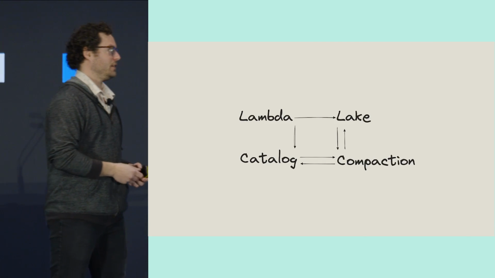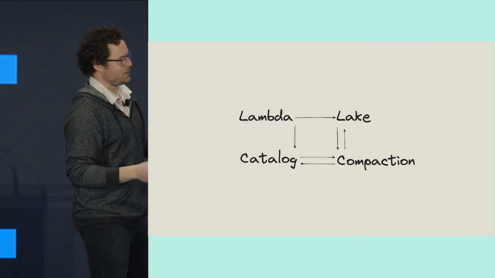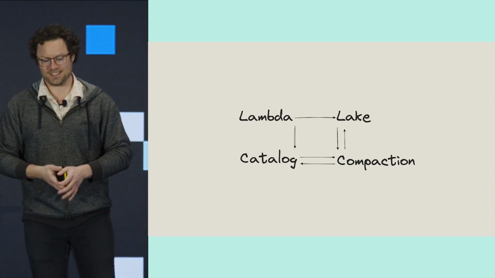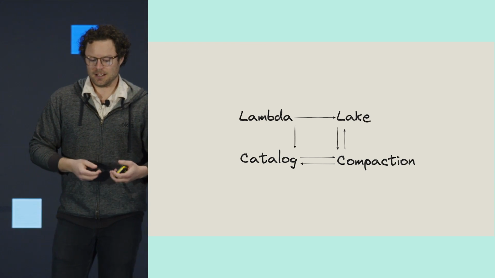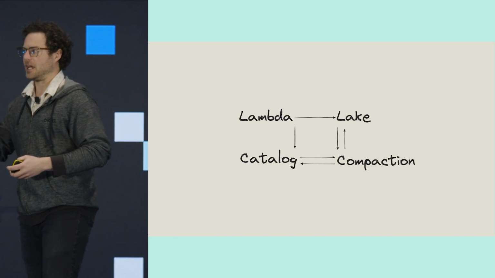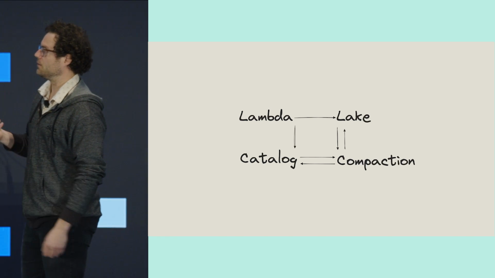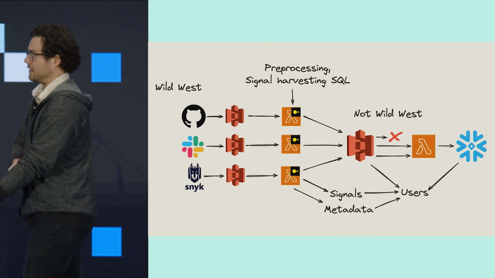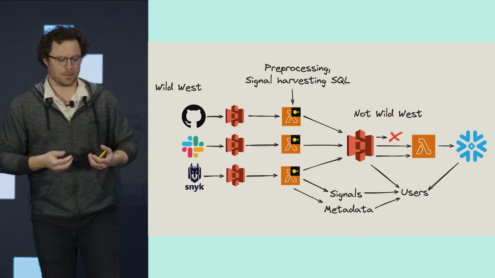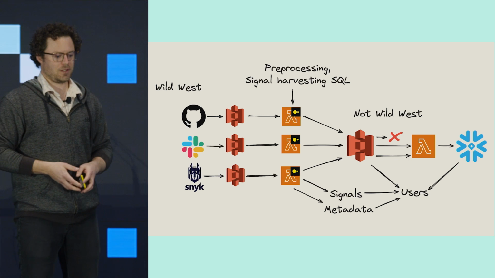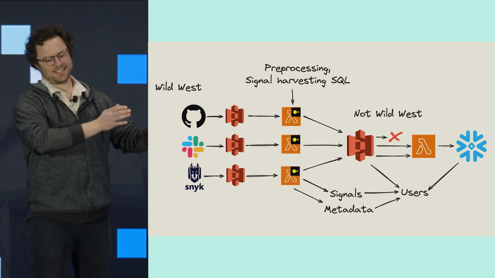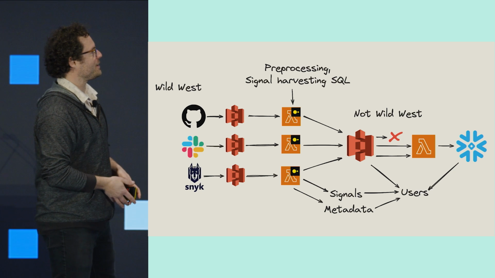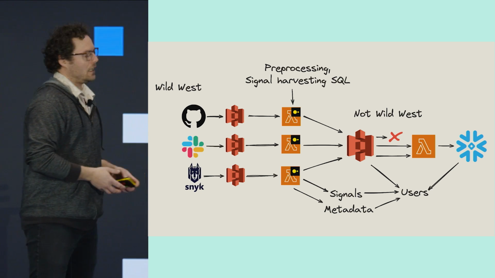And from that Lambda, we outputted it to a consistent, clean, normal place in an S3 lake, registered it in a catalog, and then background compacted it continuously for performance reasons. So it looks something like this, right? Again, pretty simple, but now we have a Wild West S3. We have a two-phase data processing architecture, if you want to get pedantic.